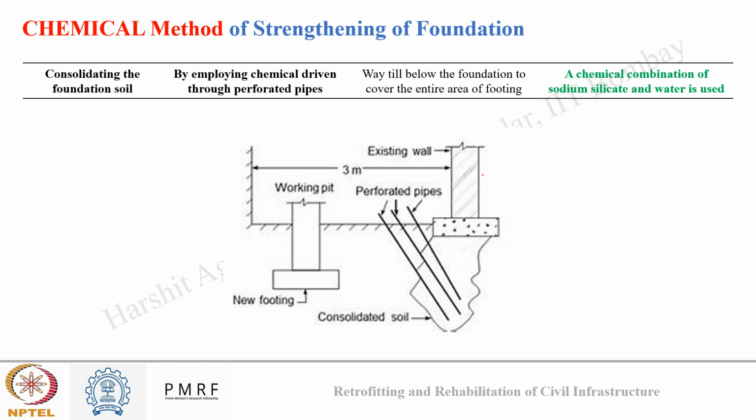These are all strengthening methods for footing. Another way is by increasing the consolidation of soil, and this can be done by the chemical method. What this does is consolidate the foundation soil by employing chemicals that are driven through perforated pipes. So here you can see through pipes, chemicals are grouted inside the soil, and these chemicals will increase my consolidation